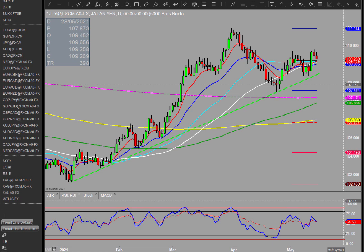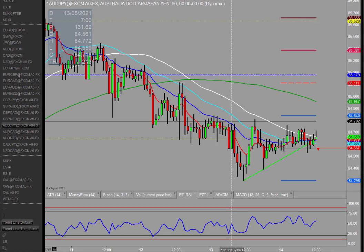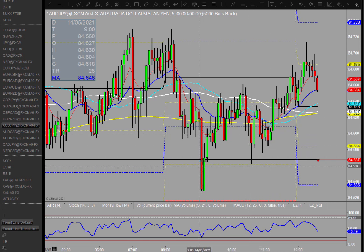I'm just going to put them on our system. So it's several hours since I was looking at the potential on the Aussie yen here, about 2.5 hours or so. But it was worth waiting and looking to see what was going on. I mean, it ran down there. It looked like it was likely to do it at about 10:35, but